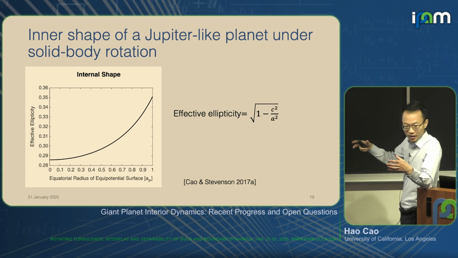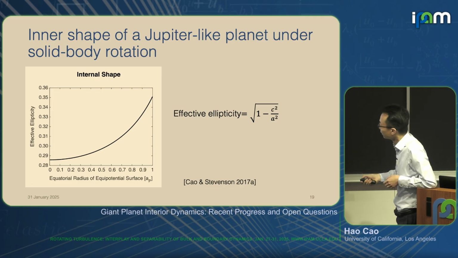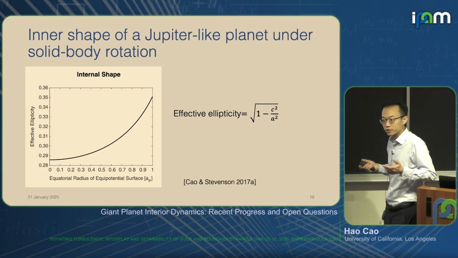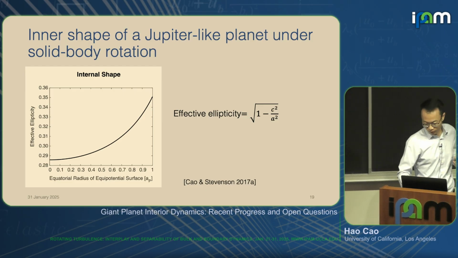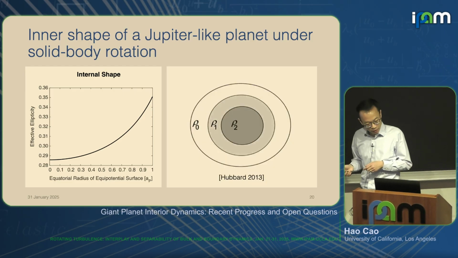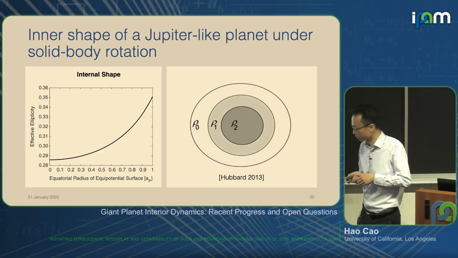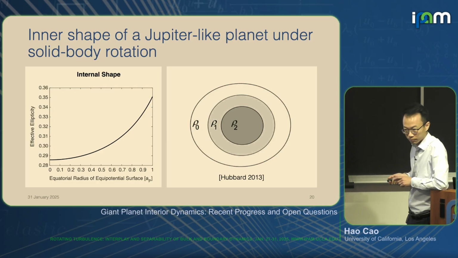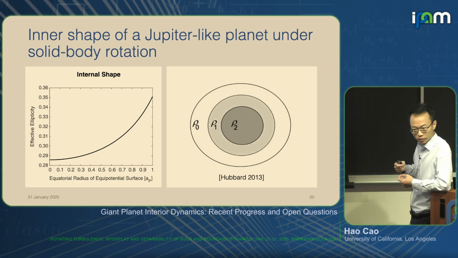You measure the shape at the surface of the planet. That's a measurable thing. But you don't know the shape at each of the layers inside because it's not the same. As you move from the outside to inside, the shape of the planet changes, right? So that's what Bill Hubbard did in 2013. It's called the concentric Maclaurin spheroid method, and that's essentially the theoretical breakthrough you needed to even forward compute the theoretical J's